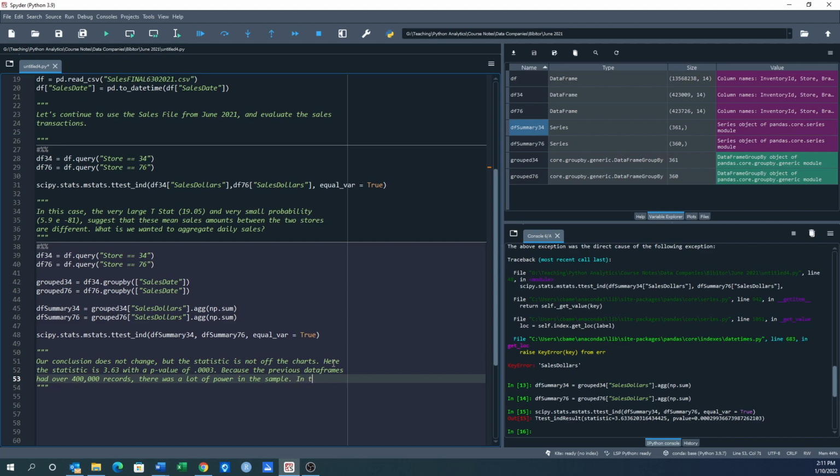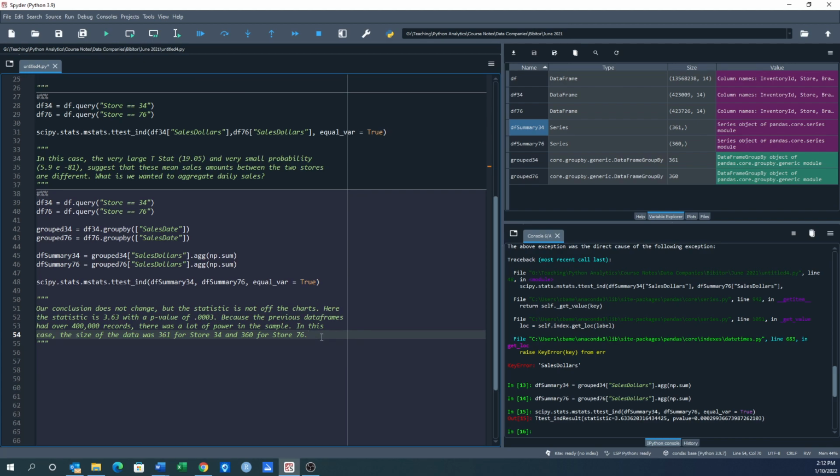So in this case, the size of the data was 361 for store 34 and 360 for store 76. Not as much power, but still enough to say our conclusions are the same. So while our conclusions did not change,